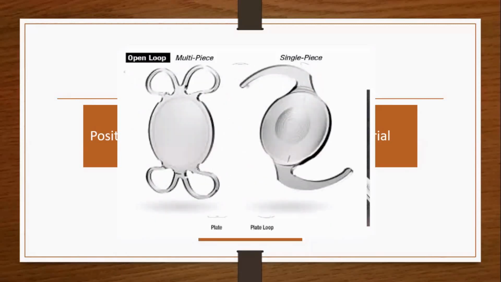Then next comes the number of haptics. Here you can see a 2 haptic lens design and a 4 haptic lens design. Many doctors are using the 2 haptic design. Even a few doctors nowadays have started using the 4 haptic design because of the stability inside the posterior chamber bag. So many doctors nowadays are moving to a 4 haptic lens.